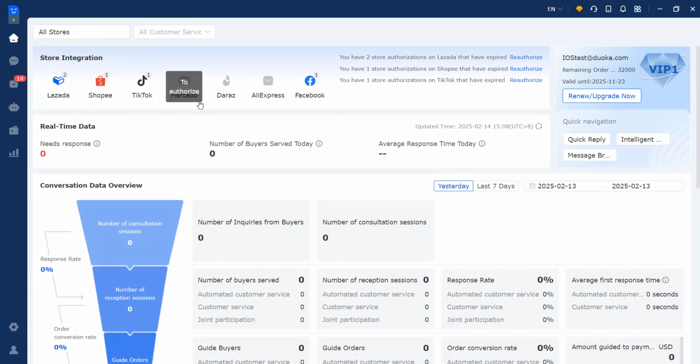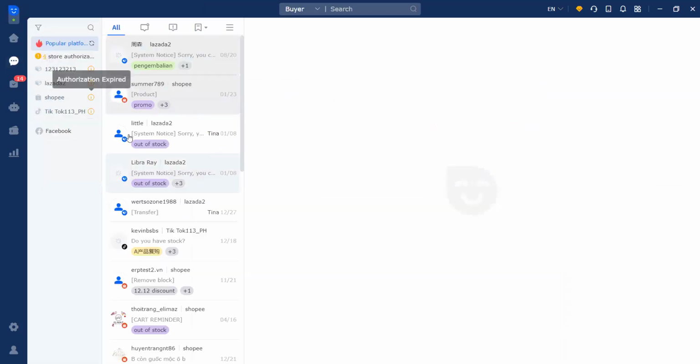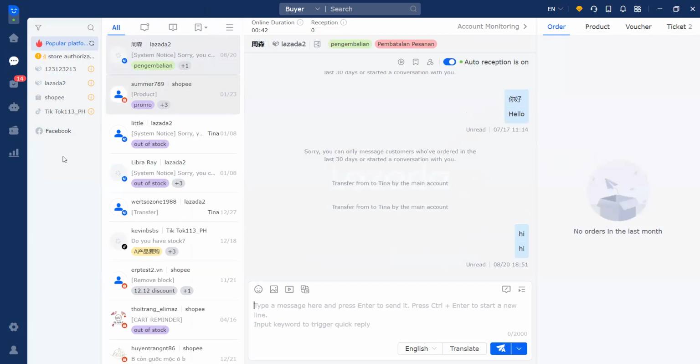Okay, this is Mercado. This is the platform for Brazil and Mexico. It's a new platform that Duke can support now. Now we turn to the chat page, and on this page, this is the store, and